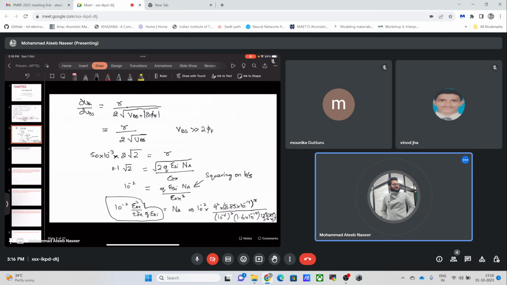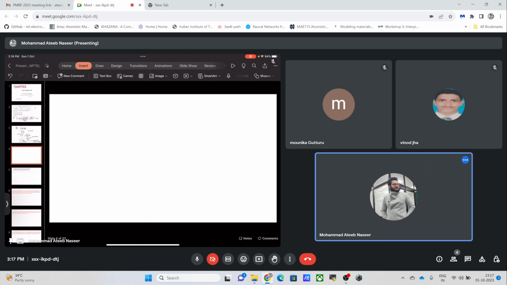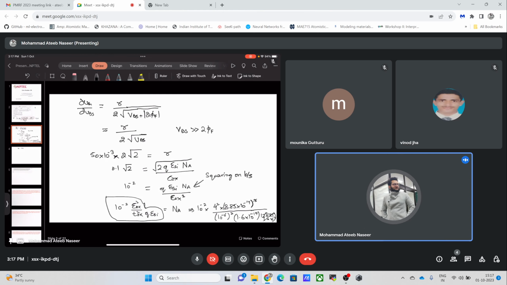Wait a second, let me calculate this value, which will come out to be equal to 4 into 4 into 8.85 divided by 1.6, divided by 12. So it comes out to be equal to 7.35. So let me add the slide. So this NA value comes out to be equal to 7.35 into, let us check this power, it is 10